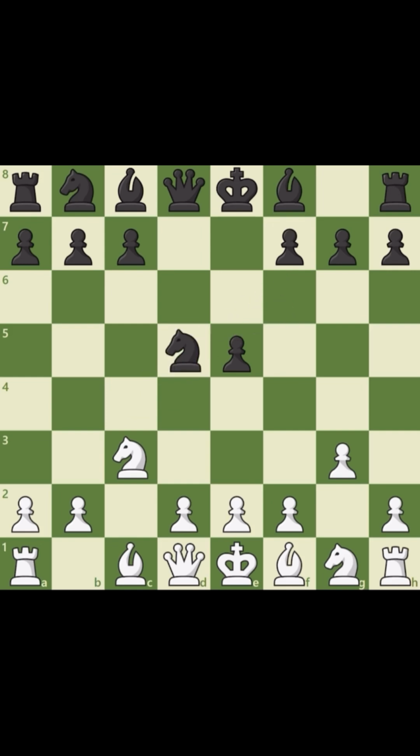In exchange for opening the d-file for black, white enjoys a semi-open c-file. Black enjoys more space in the center, and behind it the potential for more active piece play, but white will try to prove the time advantage, as well as piece pressure will have its say after bishop g2, threatening the knight on d5. Retreating the knight to b6 is black's most common choice, but in order to better understand why